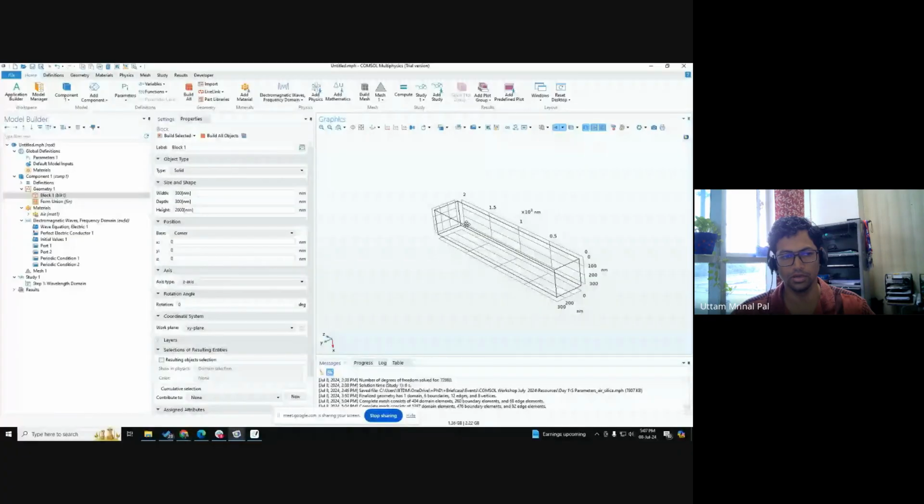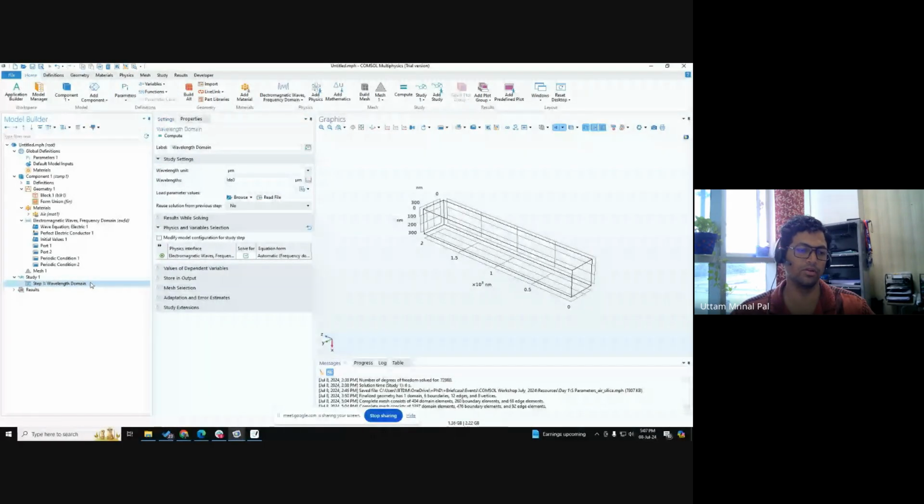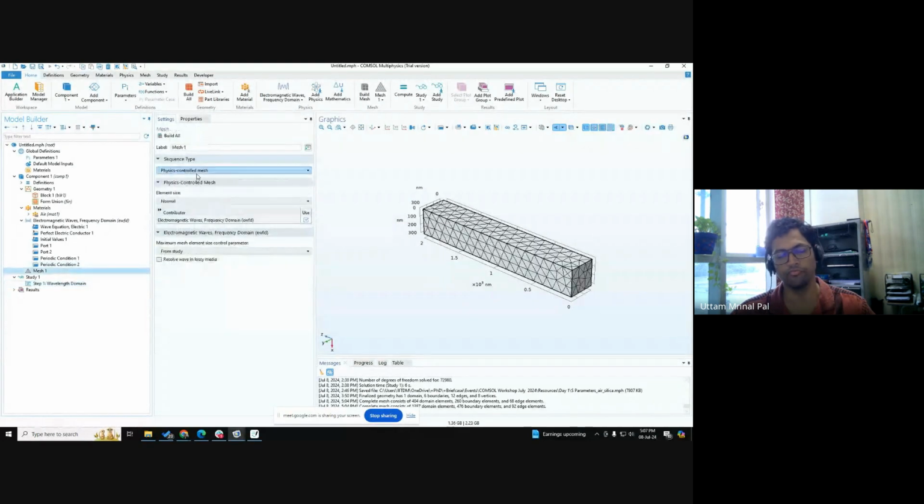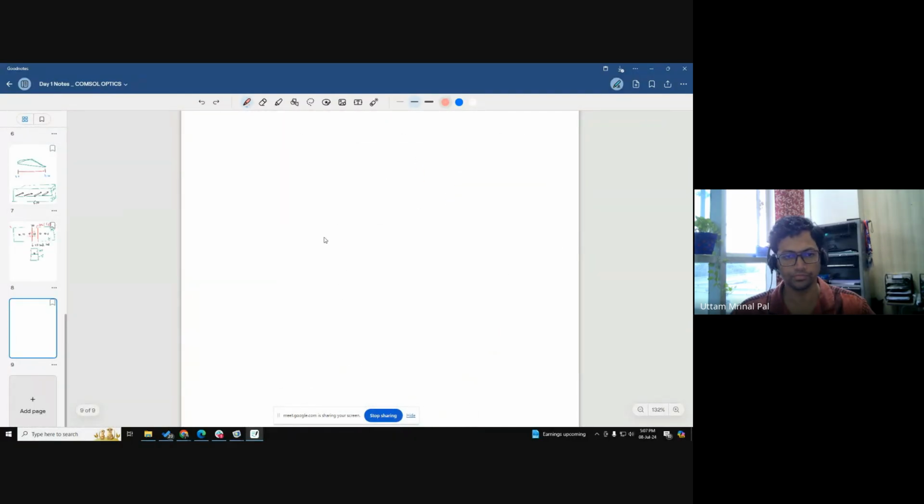So let me share my screen again. Yeah, that's good. So basically, we have the mesh. Kavita was asking about the user control mesh. Yes, you can also go ahead with user control mesh, but if you're using physics control, this wavelength domain or frequency domain, the best way is to go ahead with physics control mesh because I need to show you why. So now, for example,